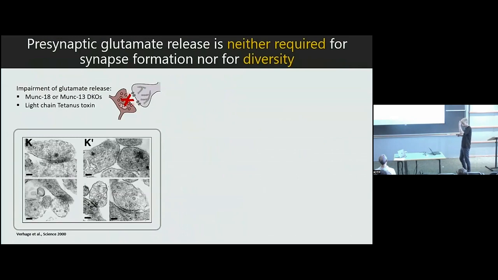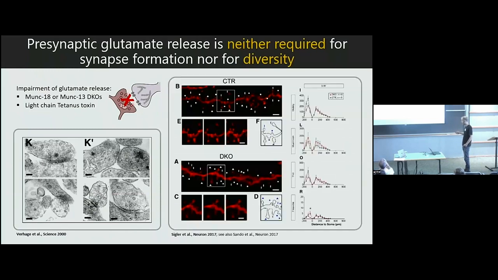Okay, so at this stage, I would like to moderate a little bit the role of activity in creating contrast across synapses by mentioning some work, especially from Thomas Südhof's lab and Niels Brose's lab and also Anton Maximov's lab, showing that if you impair glutamate release from synapses, or neurotransmitter release, by using genetic models where presynaptic proteins are knocked out or where you express tetanus toxin in the presynaptic terminal to block the release, synapses can still form and exhibit rather normal ultrastructure, and they can get maintained, and they also exhibit a high